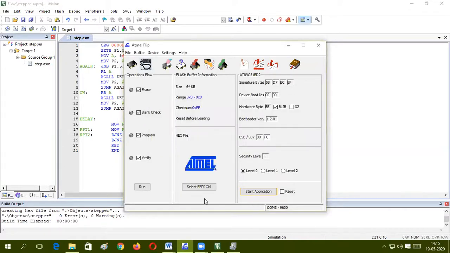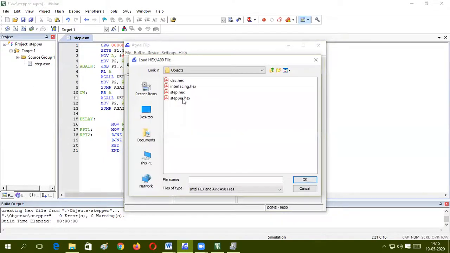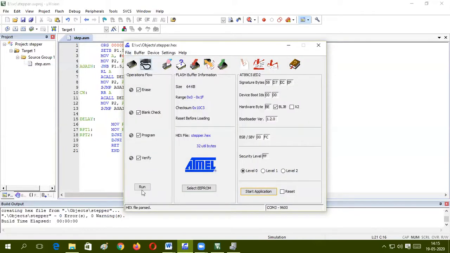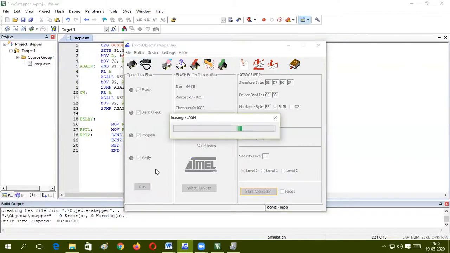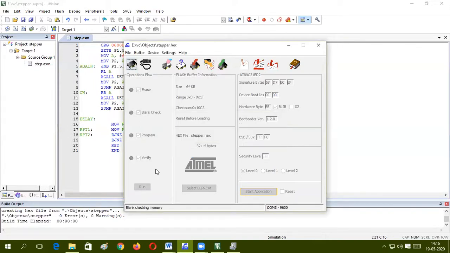Once you connect, you'll get this window. Now we need to download our X file from the PC to your microcontroller. So load the X file, and we need to remember which file name we have selected. Okay, that is stepper.x. Select this and say okay. Now you have to run, so that you will be loading the X code into the microcontroller. Then it is ready for interfacing with the stepper interface. There you can observe the rotation of the stepper motor.